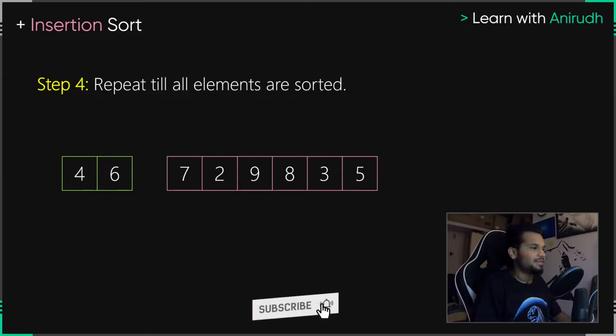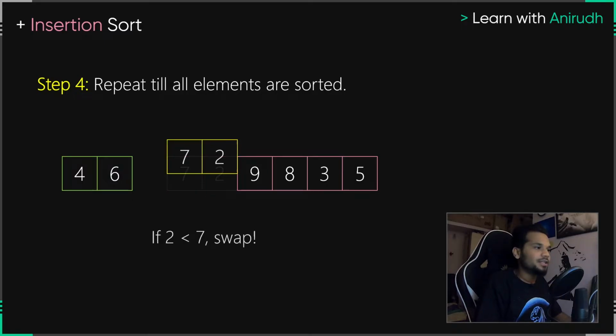What do we do for the rest of the elements? For the rest of the elements, it's simple. Just repeat everything from step 1 to step 3 and you are done with insertion sort. So what was the first step that we did? The first step was we assumed that the first element is already sorted. Now we don't have to do that anymore. Step number 2 said just find the next two elements, compare them and place them in their correct positions. Let's do that.